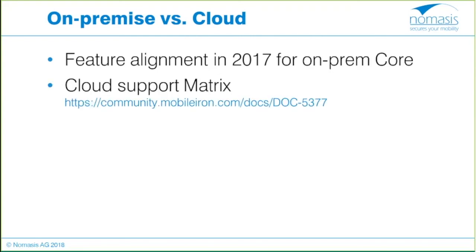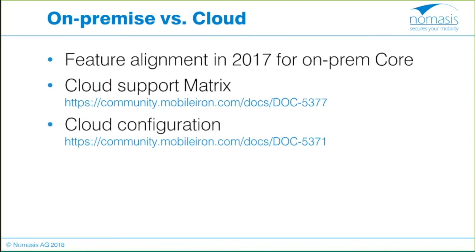If you want to have a detailed look, you could click on that link. It's the Cloud Support Matrix, and you see what is currently supported for macOS management on Mobile Iron Cloud. And there is also a very nice reference for the cloud configuration for macOS with videos and examples. It's very well documented. For the on-premise possibilities, you might have to take some more time to find the documentation because it's hidden in the iOS management guide. So basically, just check the documentation for iOS, and you will always find a chapter about macOS.